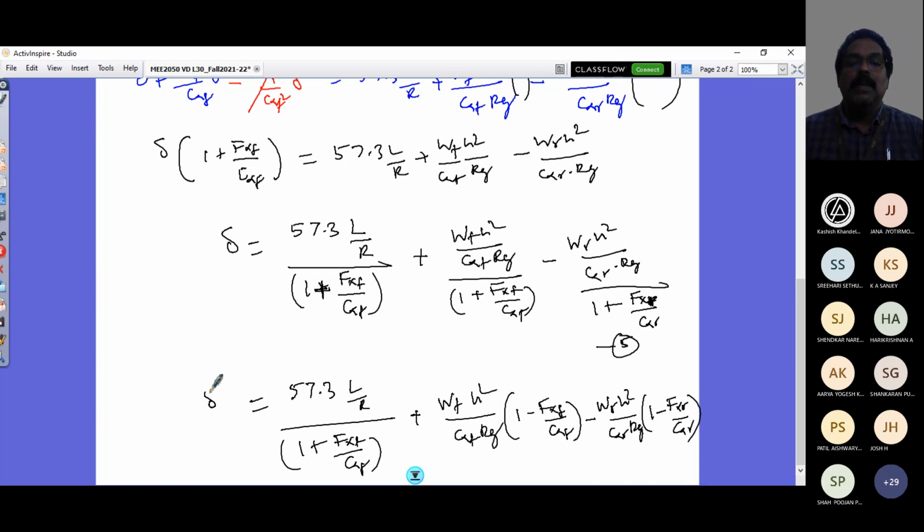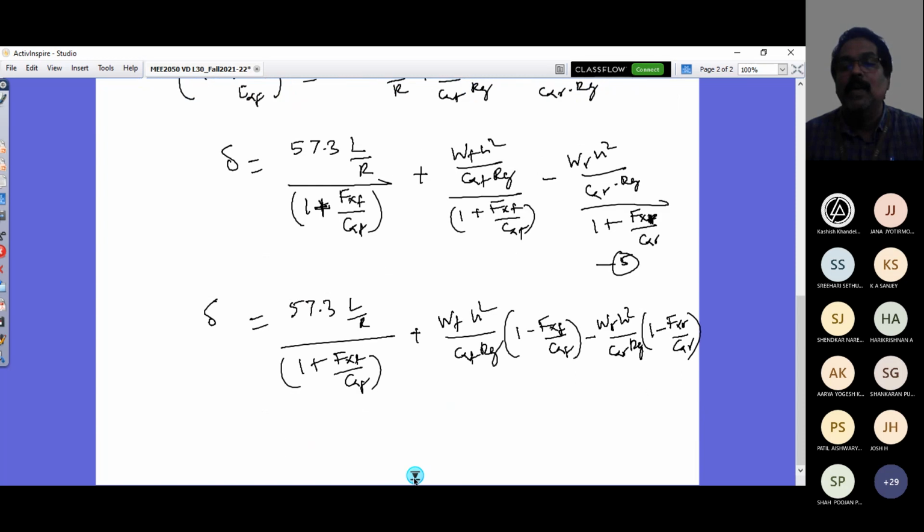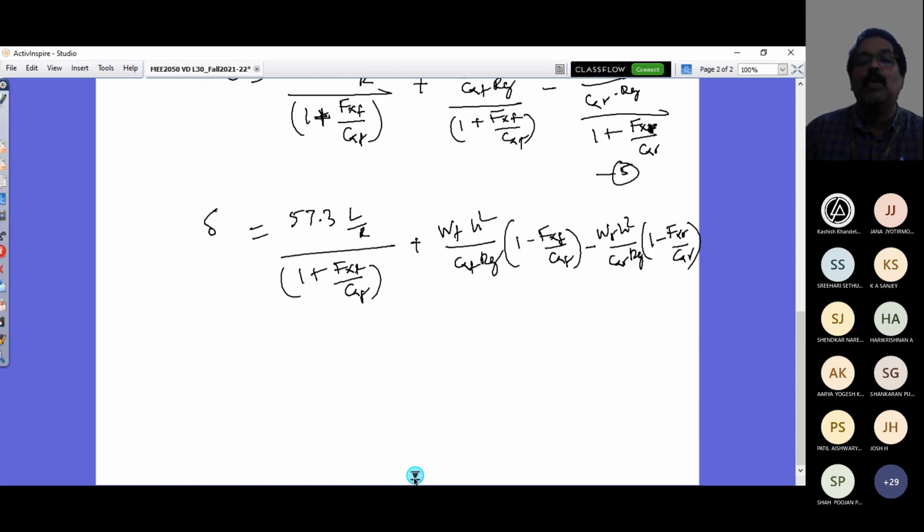And in this side it is delta. So now let us again group the terms and find out, with this whole exercise, what would be the influence of the drive force or the tractive force on the wheels on the understeer gradient? So I have to write it in that form. So it is 57.3 L by R by 1 plus Fxf by C alpha f